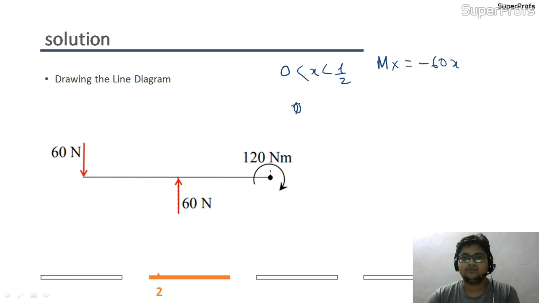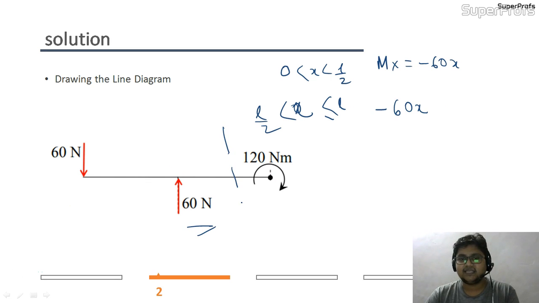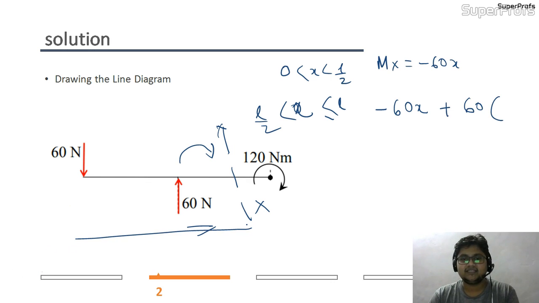The equation will be minus of 60x, and if I take my section here, this 60 is producing a clockwise moment, so it will be plus 60 into, as the whole distance is x, and the effect of this moment is from this point, so I will subtract 2 meter, x minus 2 meter,